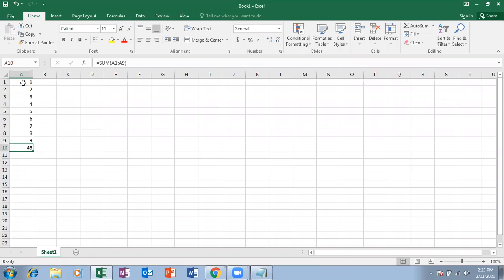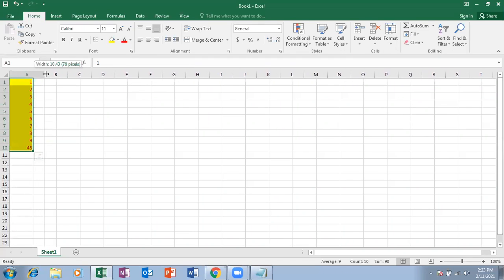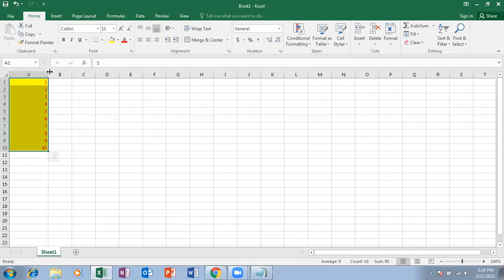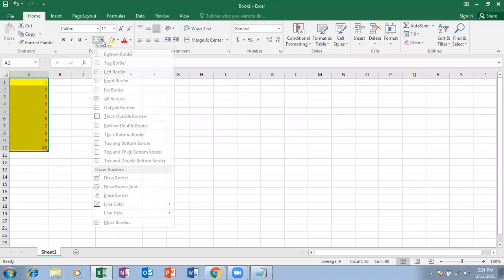Okay, and then let me select all the 10 values, apply the background color yellow, and then apply the text color red, increase the column width. I have increased a little column width also, and then I'm going to apply borders.